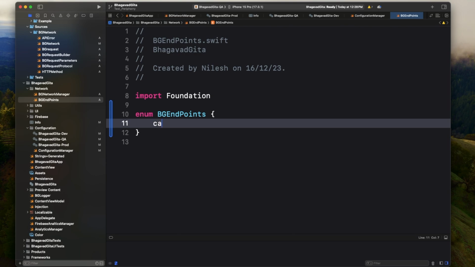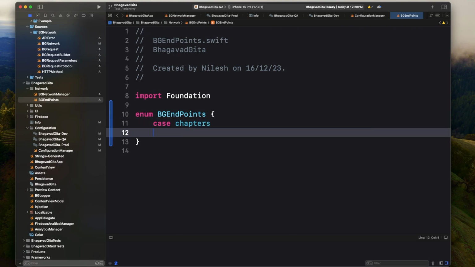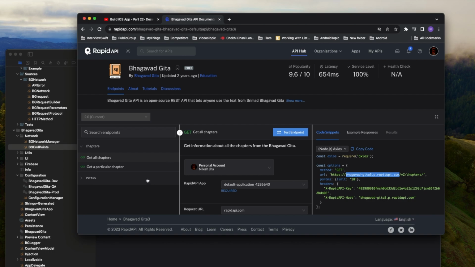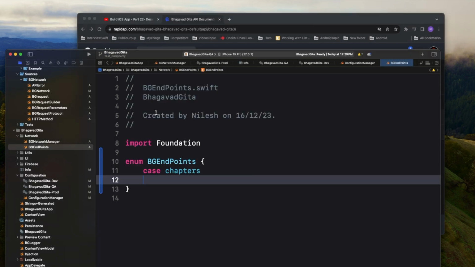Okay, so the first case is chapters. This endpoint I'll use to get all the chapters of my app. If you see here, let me go here again, we have get all chapters, get a particular chapter, then get all the verses and get a particular verse. So there are 4 endpoints that we are going to use in this application. So the case, then chapter,